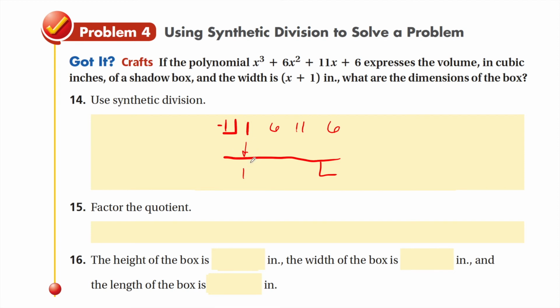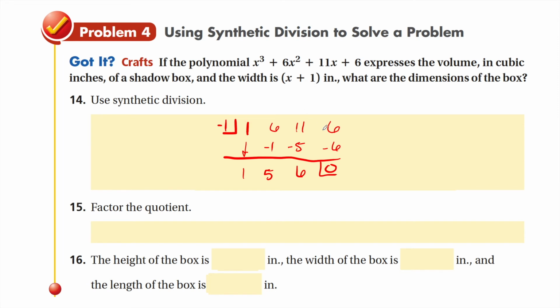Bring down the 1. You got 1 times negative 1 gives you a negative 1. 6 plus a negative 1 gives you a positive 5. 5 times a negative 1 gives you a negative 5. And then we add straight down once more, giving you a 6. 6 times negative 1 is a negative 6. And sure enough, we end with a remainder of 0, giving us that one of our factors is going to